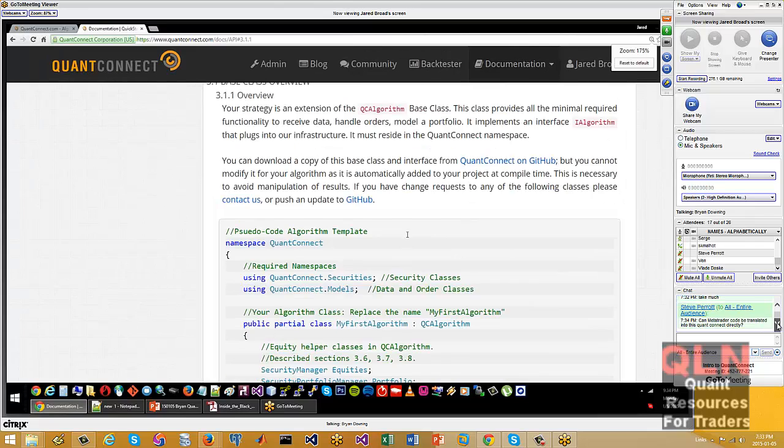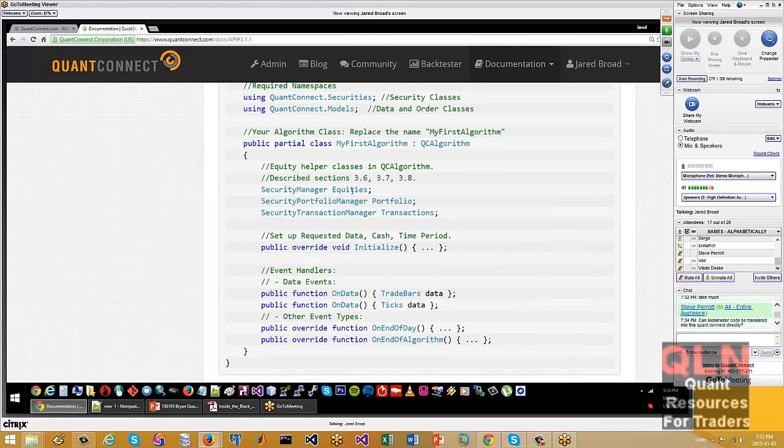Sure. Just to give people an overview, these are the core items in an algorithm. Underneath, we take care of the portfolio management and the transaction management. For example, when you request data, it's added to the security manager. It's a collection of security objects like Apple and IBM. And then when you have a bunch of trades from different symbols, it's managed in the portfolio.